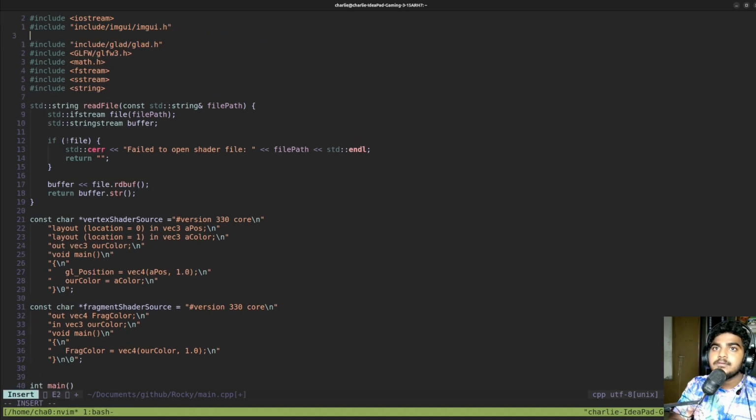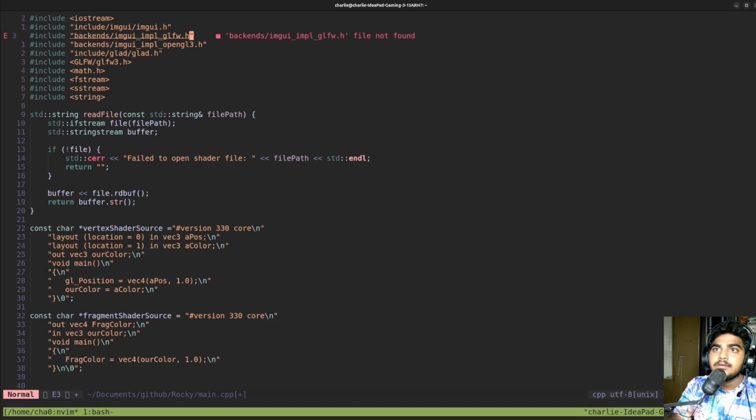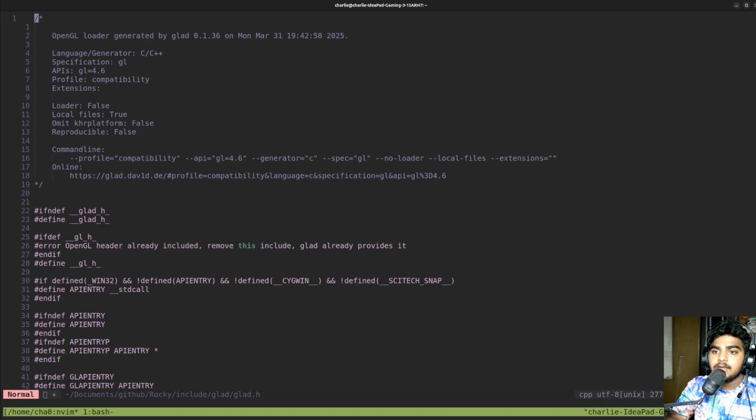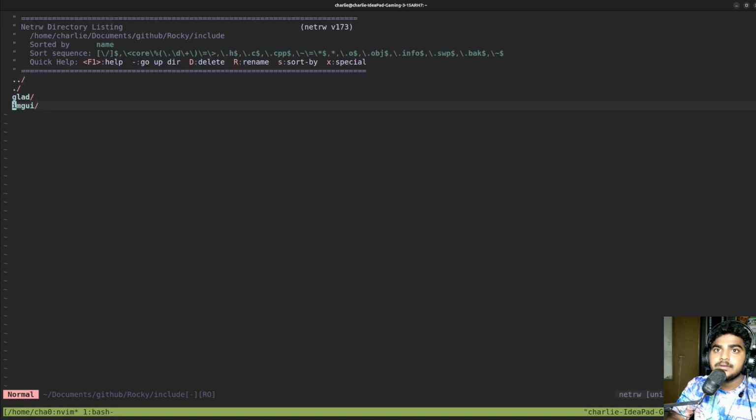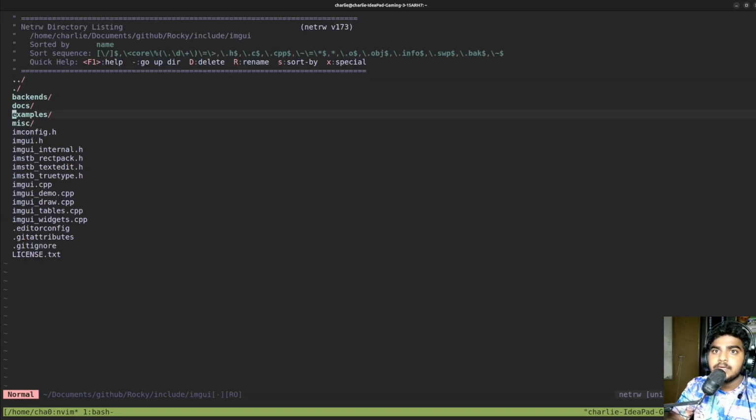Yep. I just need to include ImGui here, and probably include ImGui here, and there is no, wait, file not found. Let's just go to include and just say ImGui. And in backend,